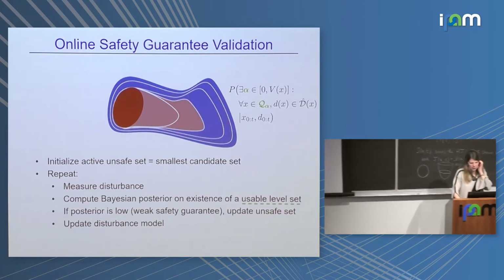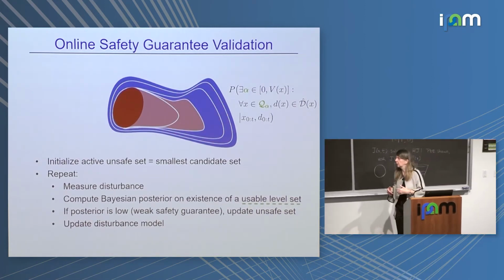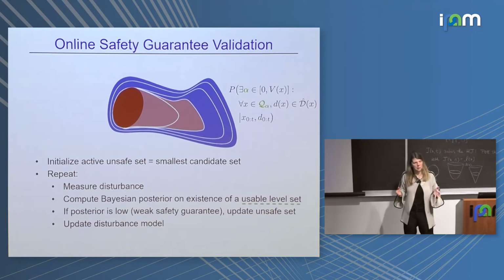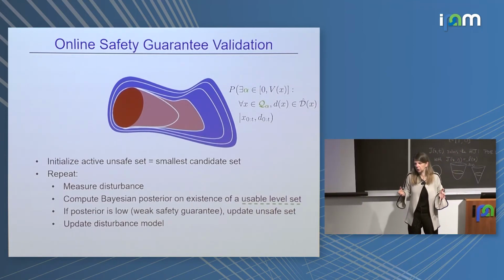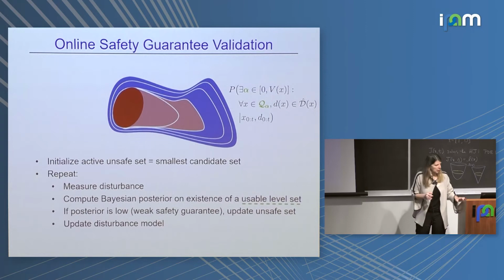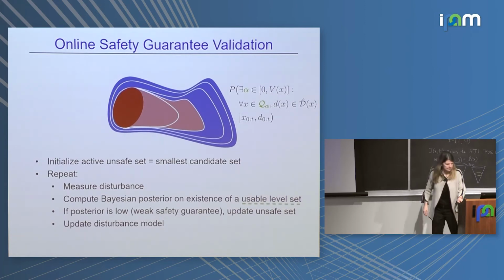Over time, you might expect that as you get more and more data, if you started out with a conservative approximation of the disturbance, you're going to get a better and better approximation, and you may actually get a smaller unsafe set, so a less conservative solution. Okay, so